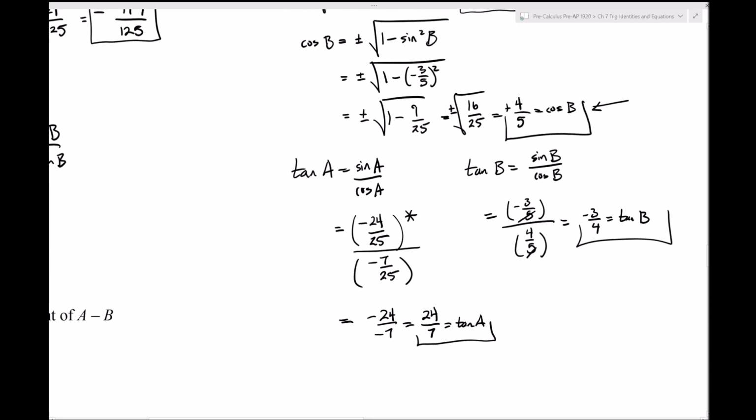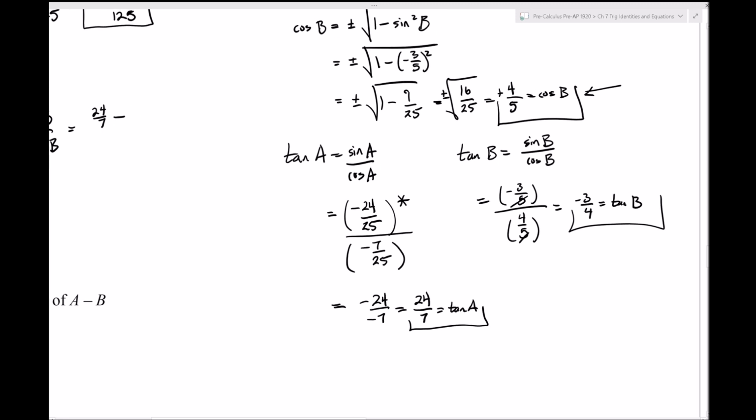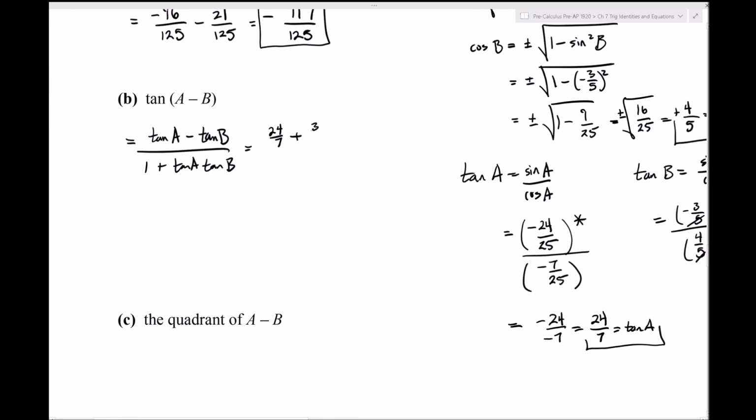And those are just smaller little parts of a bigger problem. And what's the bigger problem? This one. Tangent a, 24 over 7, minus tangent b, negative 3/4. So that's going to end up being plus 3/4 because a minus minus, divided by 1 plus 24 over 7 times negative 3/4. 24 over 7 plus 3/4 over 1